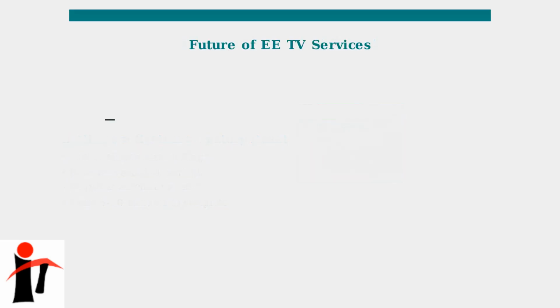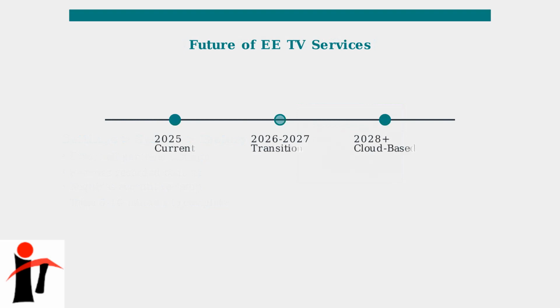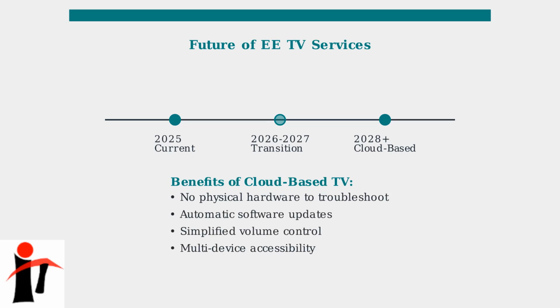The landscape of television services is rapidly evolving. EE is transitioning away from traditional set-top boxes toward cloud-based streaming solutions that eliminate many current technical complexities. By 2027 to 2028, EE plans to phase out traditional set-top boxes entirely. This shift to smart TV apps and streaming services will simplify user experiences and reduce the volume control issues we've